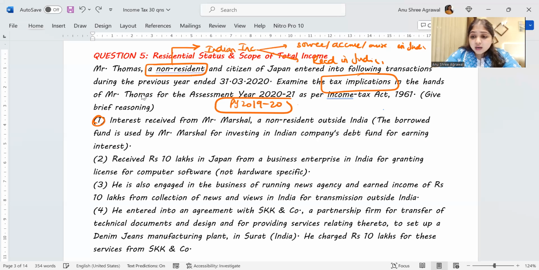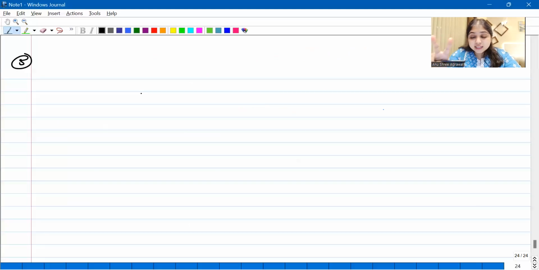Now listen, but before I start discussing this, I need you guys to tell me, how good are you all in royalty, interest and FTS? That whether it's accruing in India, whether it is not accruing in India, are you good enough in it? If you're good enough in it, I'll straight away discuss this particular provision and I'll proceed. Right, guys? Can I just do that? Do you have basic knowledge about royalty, interest, FTS? Yes, listen to me now.